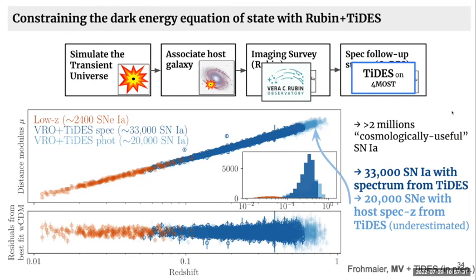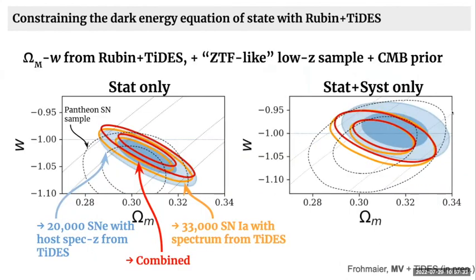And on the next slide, we try to measure cosmological contours. Here I'll show you in particular the omega matter and w contours for different LSST plus TiDES samples: the one that used only spectroscopically confirmed Ias, the one that used a contaminated photometric sample of Ias, and the two